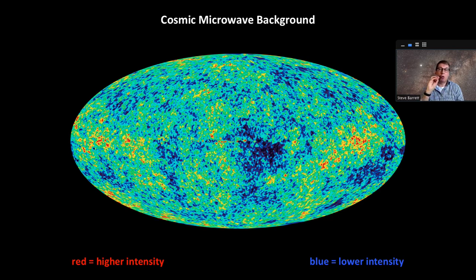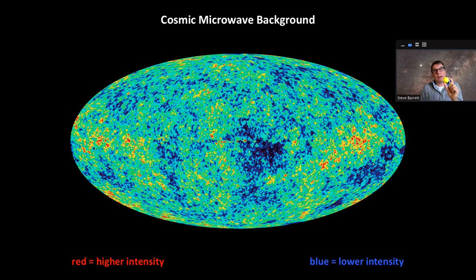It is the echo or afterglow, if you like, of the Big Bang, because at one specific point in time, the light was released, and that is what we see in the microwave background. We see it as microwaves rather than visible light simply because it's been stretched by the expanding universe. And it's not uniform everywhere. When we look at the microwave background and we measure, some areas are a little bit more intense, other areas are a little bit less intense as to how many microwaves we see. We can interpret that as these being different temperatures.